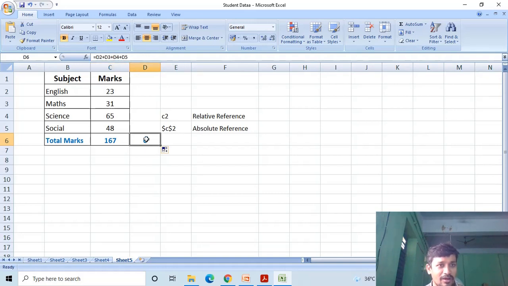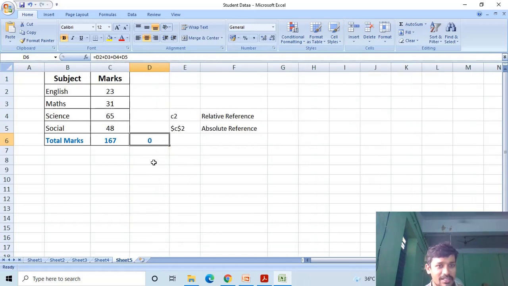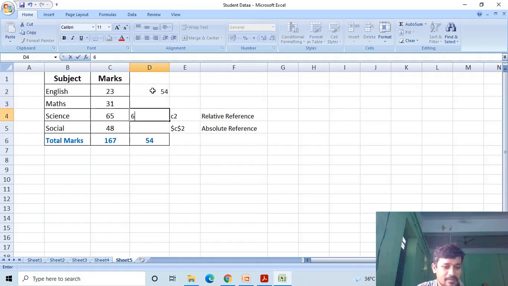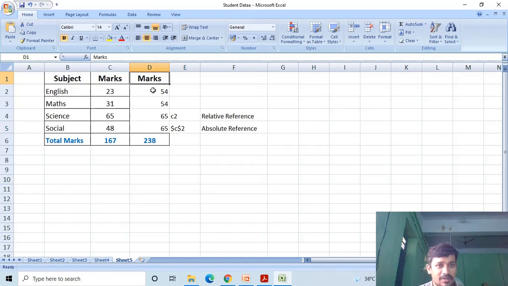In the D6 cell, the formula is D2 plus D3 plus D4 plus D5. The formula is copied now. If I enter the marks of another student, I copy the formula to the second student also.